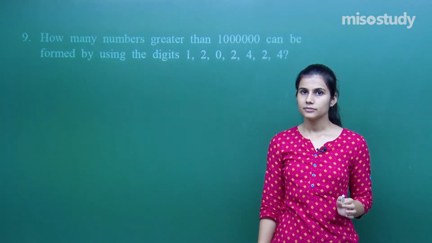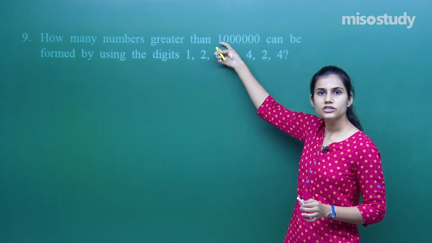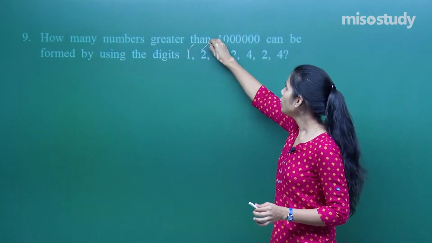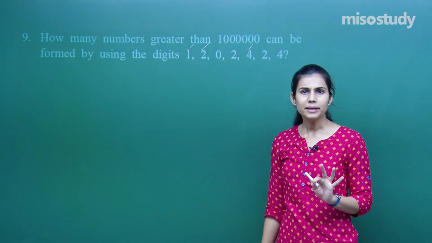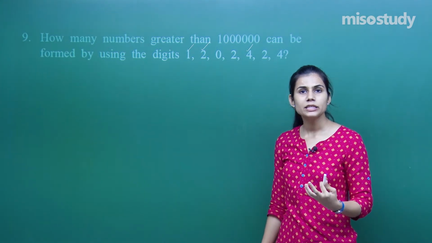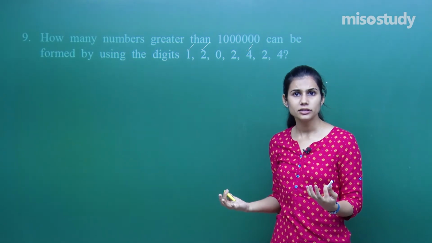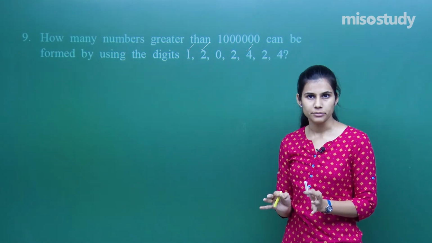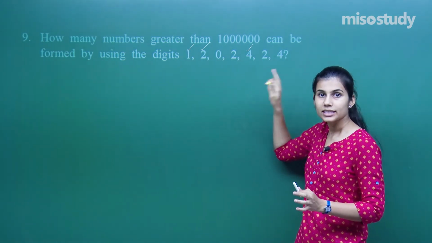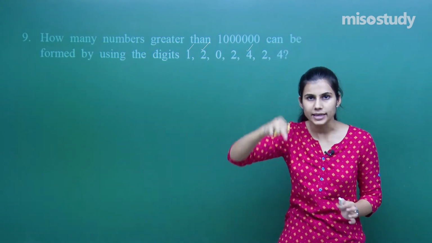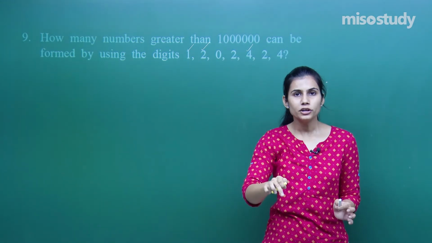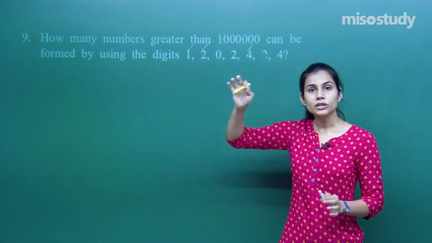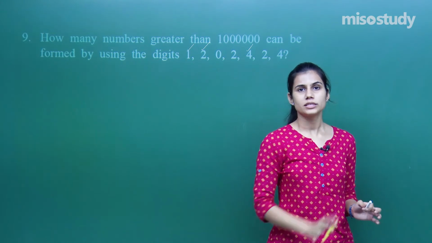number. If I need a number which is a 7-digit number greater than this 7-digit number, definitely that number can either begin with 1 or 2 or 4. Can it begin with 0? The moment the number begins with 0, it is going to become of 6 digits. So how can it be greater than this 7-digit number? So if I am searching for a 7-digit number formed with these available 7 digits greater than this given 7-digit number, it better start with either 1 or 2 or 4. Because I have only these available options. It is going to either start with 1 or start with 2 or start with 4.